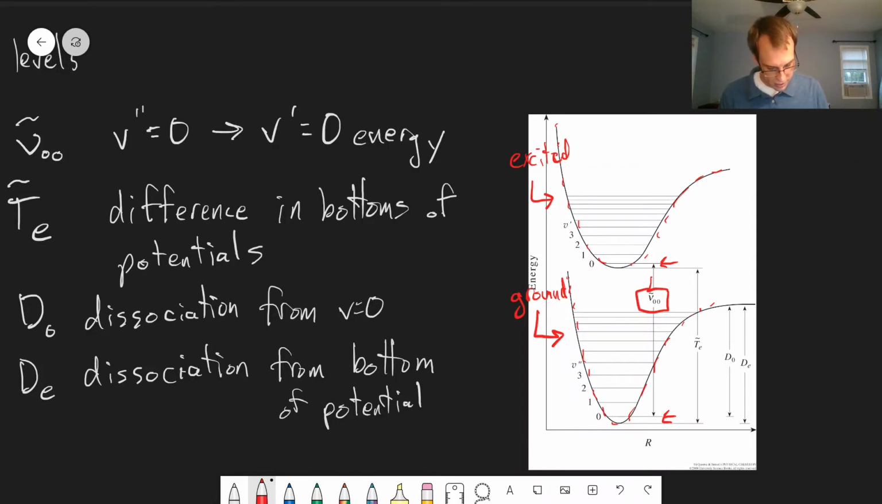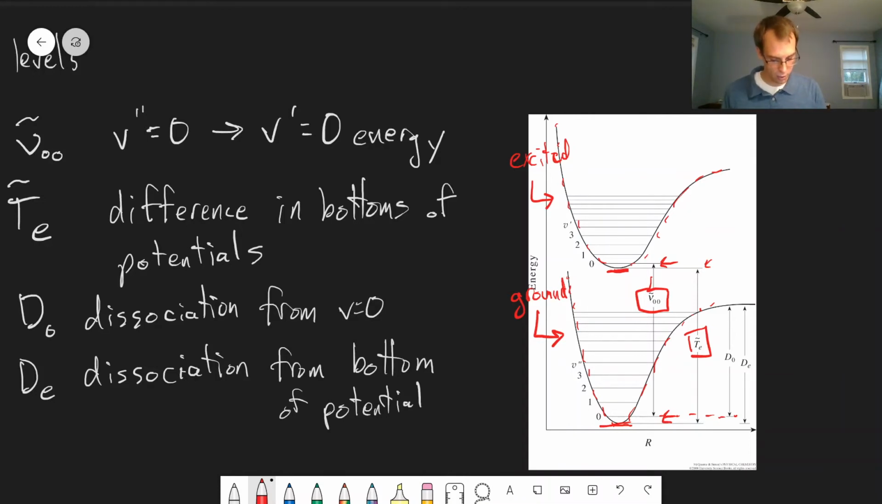Then we have TE. If we're looking at the bottoms of these potentials, where it reaches a minimum, this is the difference between those two energies. Right? That's indicated by this arrow here. And then our dissociation energy is how much energy does it take to completely remove this electron from the molecule. Right. So if we start from the V equals 0 state,